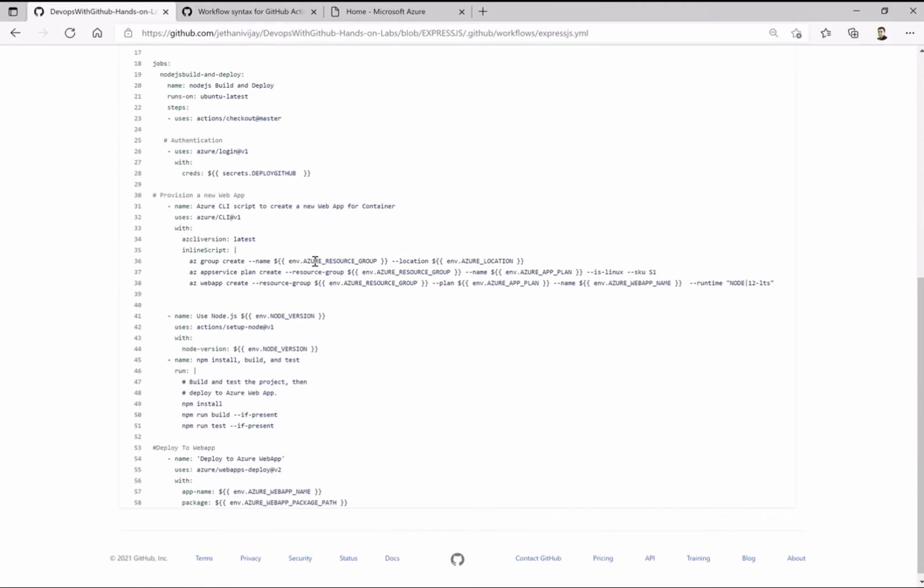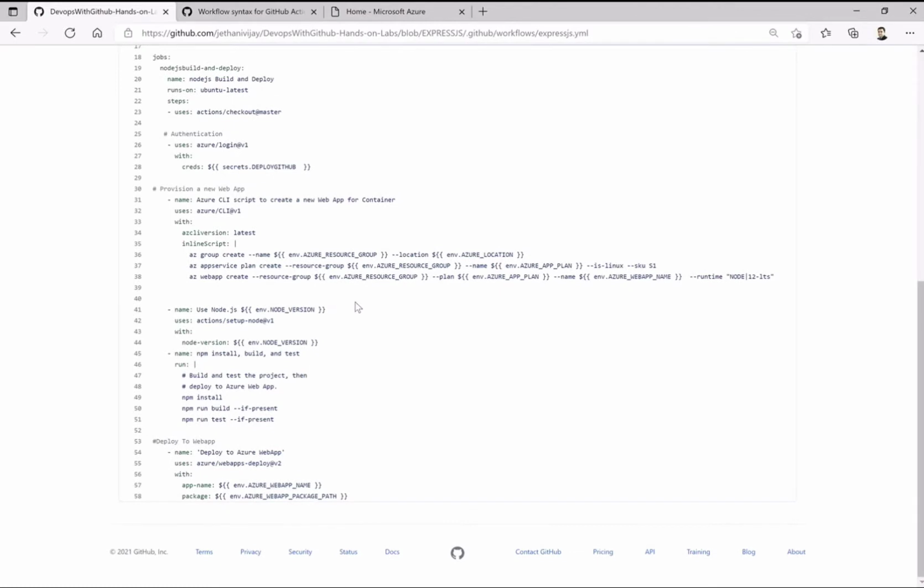Now coming to the third part of it: how do I create these services? I have two ways to create. One is I directly use the ARM template, or second, I use the CLI. In all of the labs, I'm trying something different. Here I'm showing you using the CLI, and then in another lab I will show you how you create the services using ARM templates. Okay, now we are done with the creation of our services.